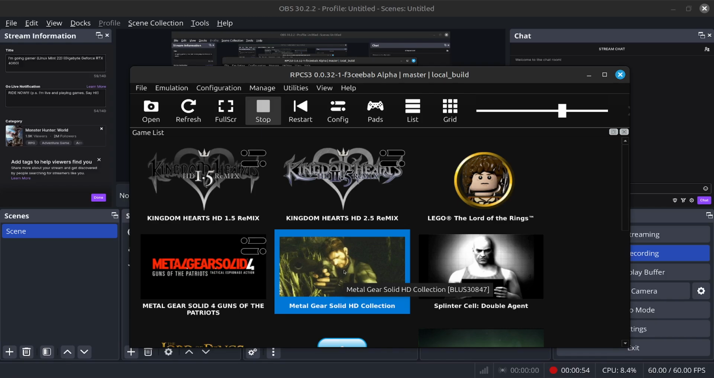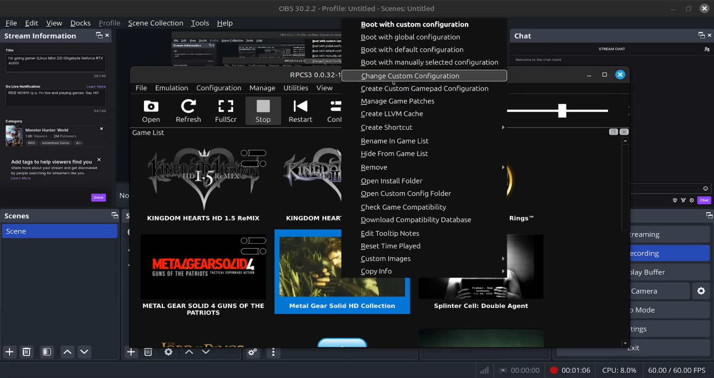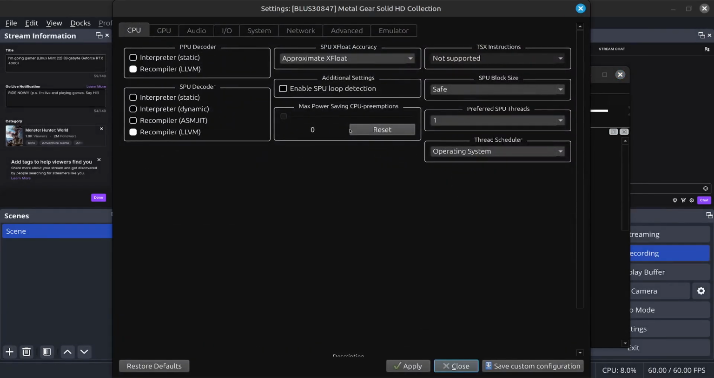And I started with Peace Walker, even though I know that the PS1 version is the first version and the Peace Walker version is the PSP version. But who remembers the PSP? So let's go into change custom configurations, and right now, what we're going to be focused on,